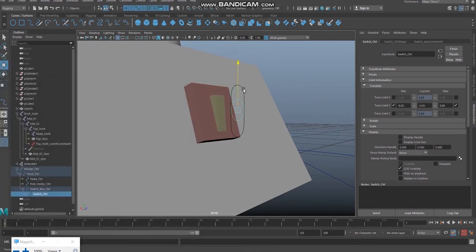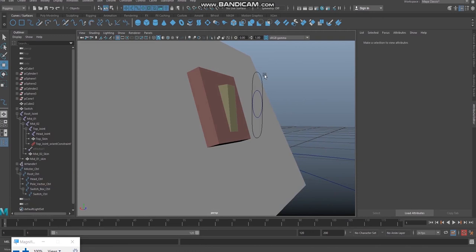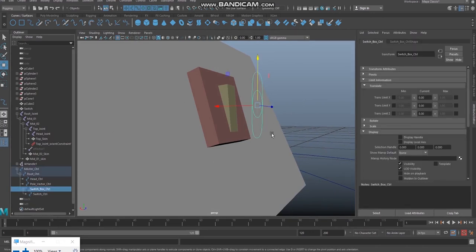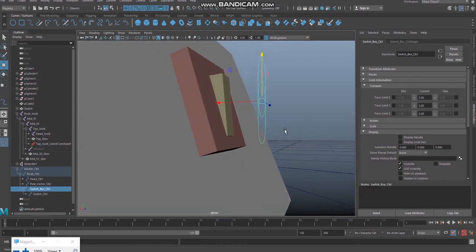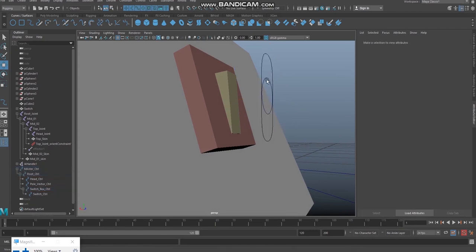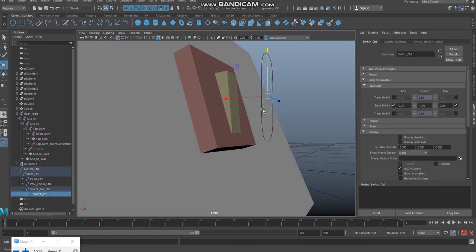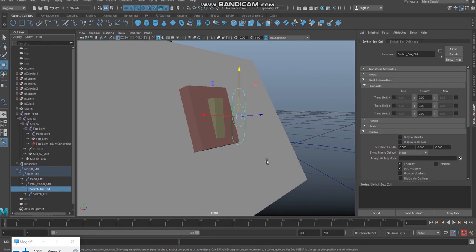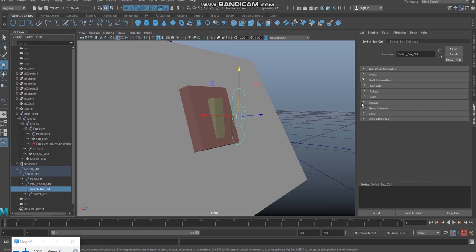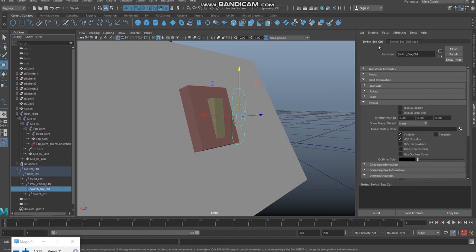But still, the switchbox control has now become a little bit bigger. If you want to make the switchbox control smaller you can, but actually this is fine, it is working fine, and there is no need to make it smaller. But still, if you want to make it smaller according to the movement, you can again select the switchbox controller, Ctrl+A for the attribute editor. There you can see display under switchbox control.